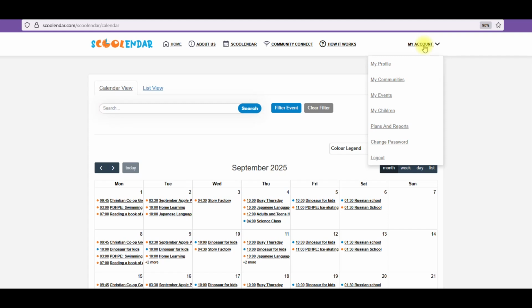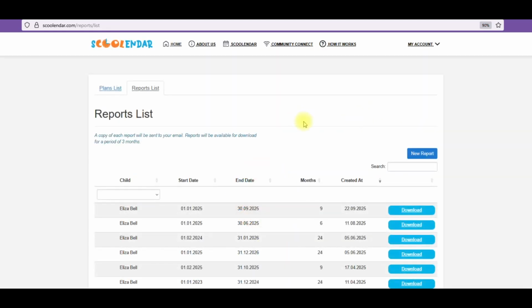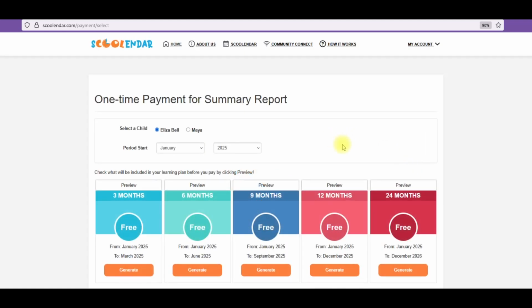Let's go to my account, and then you have this tab, plans and reports. So we click on that, and then there are two tabs again, like plans and then the report list. And then what I want to do is to print a new report. So I click new report button, and then I see all the different options. So I can print it for 3 months, 6 months, 9 months, 12 months, 24 months. Normally this 3 months period costs $5 per child, and